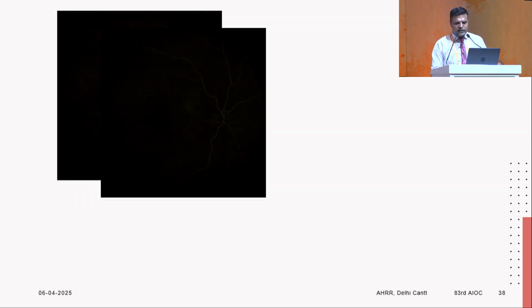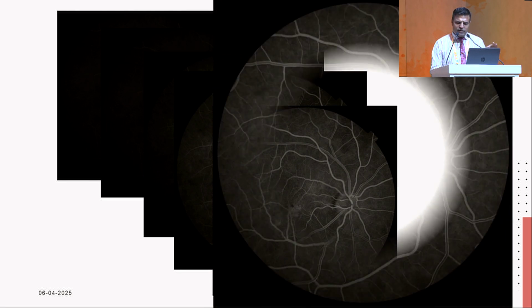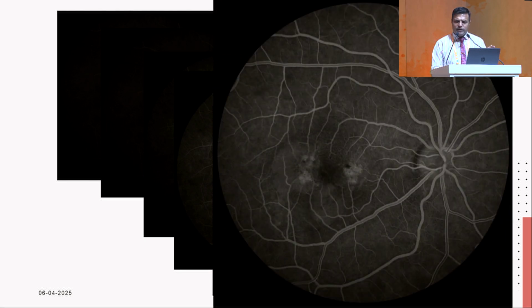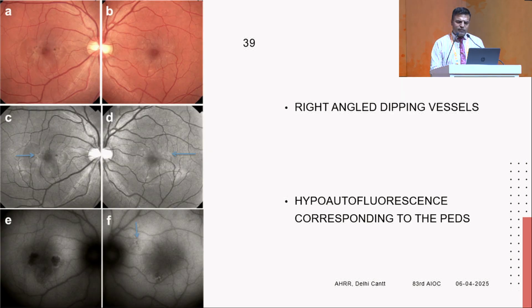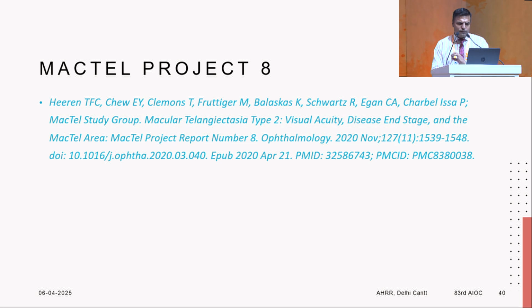Now this is what initially was our understanding of MACTEL, that we used to look at the fundus fluorescein angiography and wait for these fine hyperfluorescences to occur in the perifoveal region. But this was a slightly late way of picking up the disease. The books talk about looking for a right angle dipping vessel, but I will share this insight that in a busy OPD, it is pretty difficult to look for such a case if you are dealing with 100 to 150 patients a day. So one should look for multimodal imaging, and autofluorescence, OCT and OCTA come to our rescue.